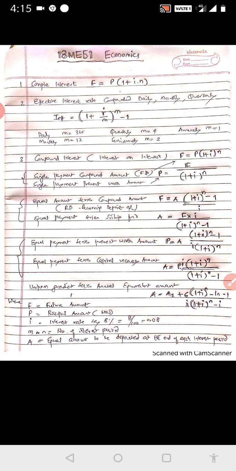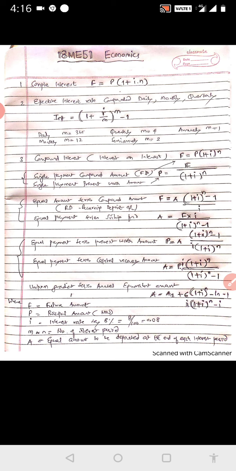Suppose, for example, you take a truck, use it for 15 years and then sell it, and suppose you get 5 lakh rupees after selling the truck after 15 years. What is the value of that 5 lakh rupees today? You will use the same formula to find the single payment present worth amount. So only one formula is there, F is equal to P (1 plus I) raised to N. Either you calculate F or you calculate P. If you are calculating P, it becomes the present worth amount, and both of these are single payment.